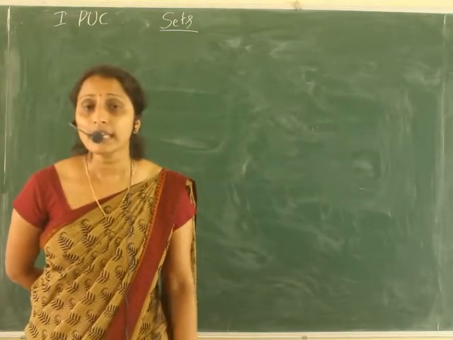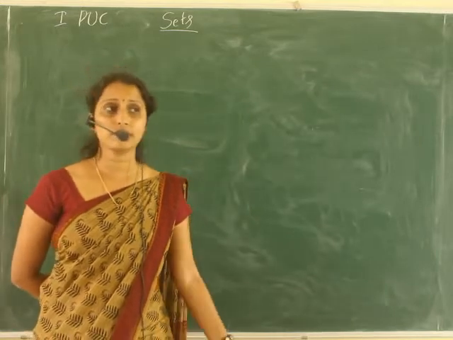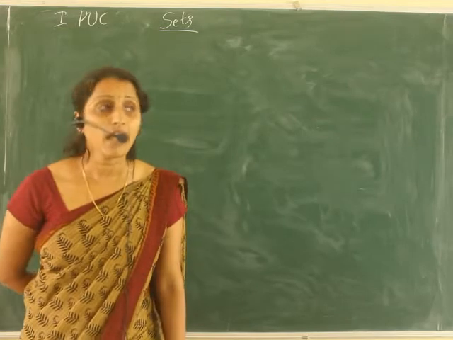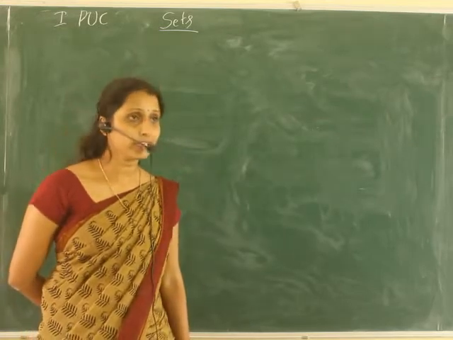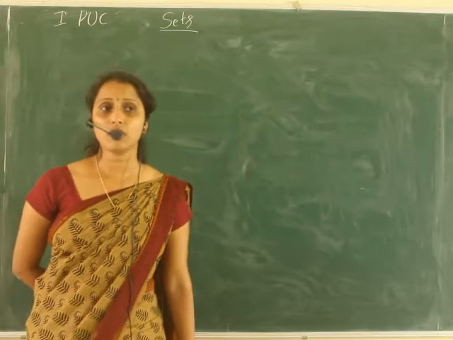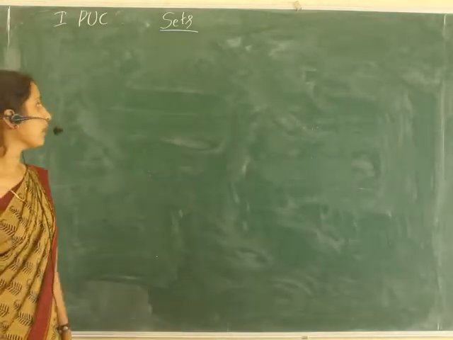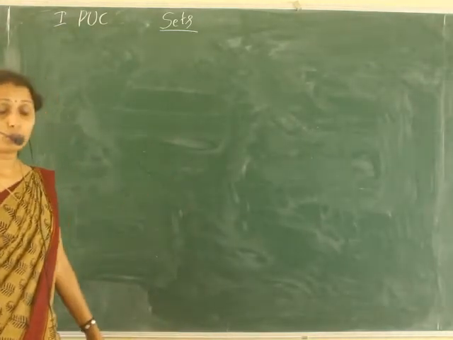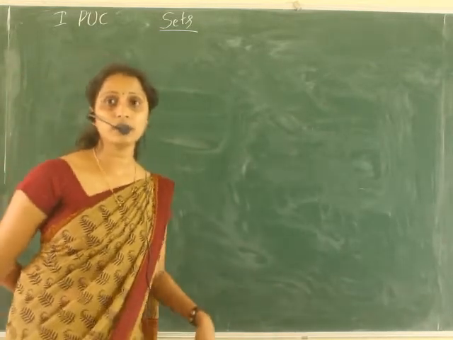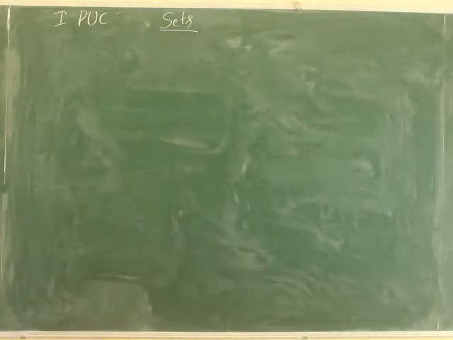We have also discussed the number of elements in the union of two sets, n of A union B. If the two sets are disjoint, that means the intersection is empty, n of A union B is n of A plus n of B. If it is not an empty set, then n of A plus n of B minus n of A intersection B. Similarly, we have one more formula for three sets. I have solved one or two problems.